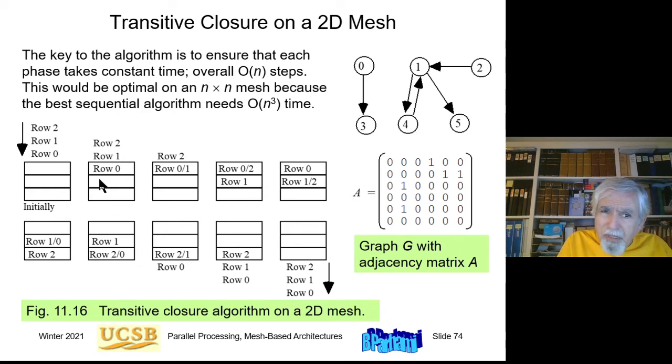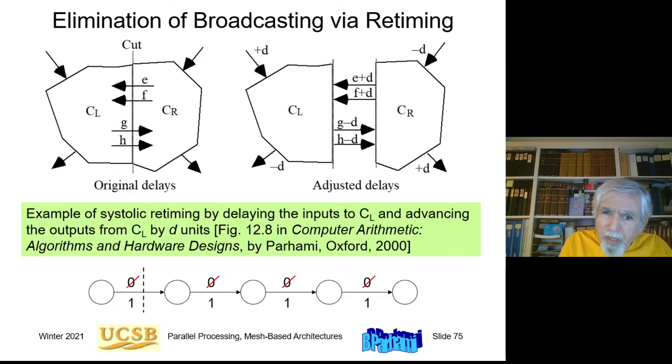broadcasting from some elements of a row to all elements of the row. So for example, in one step of the algorithm, this node will have to broadcast its value to all the nodes in the row. And because this broadcasting occurs simultaneously in the same cycle, these delays on these lines will be 0. Okay, if I don't want to have the broadcasting and long wires, I can increase these delays to 1